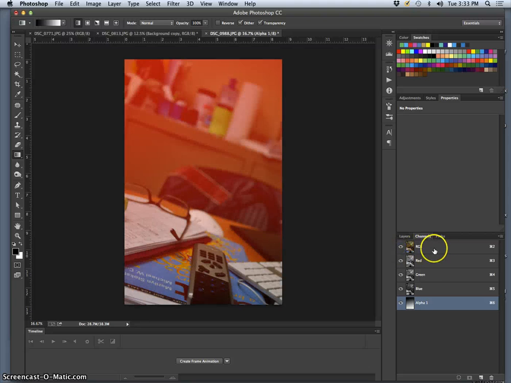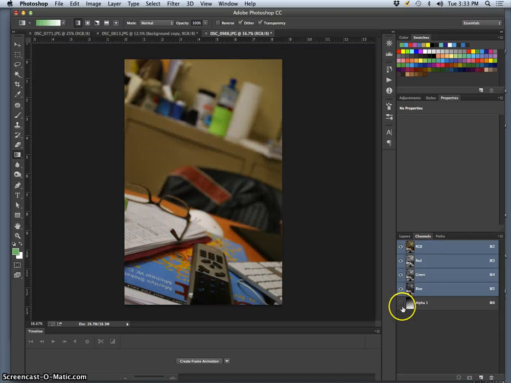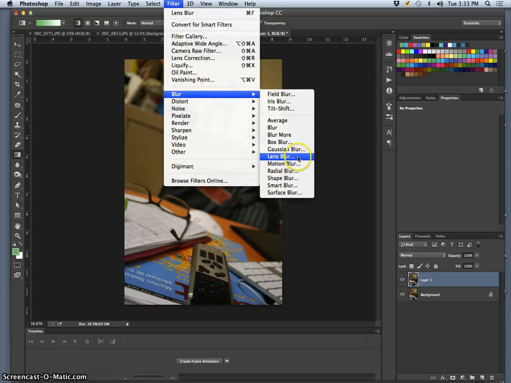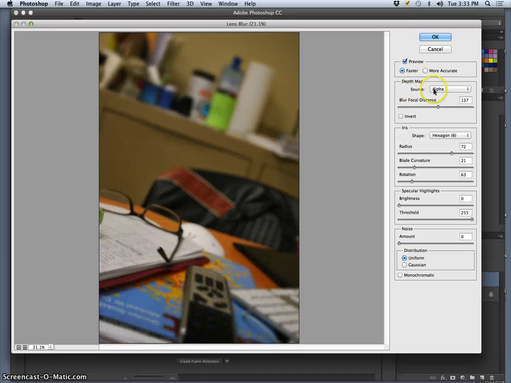Then I'm going to turn on the RGB layer, click on that, turn off the eyeball on alpha 1 so I don't have to see that red the whole time. Go to my layers, make a duplicate, go to filter, go to blur, go to lens blur, source the lens blur from my alpha channel,